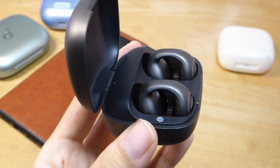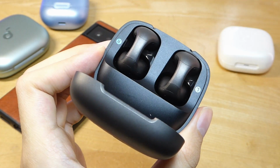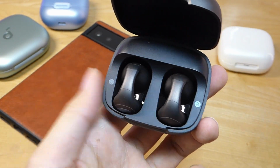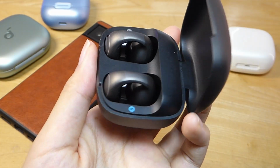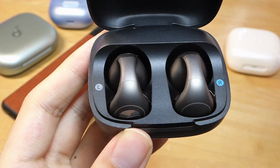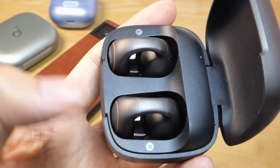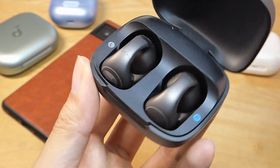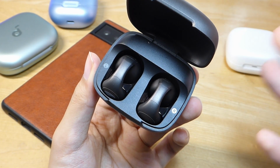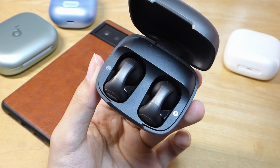Now, to be clear, I wouldn't say that these are necessarily the most impactful or extremely bass-heavy pair of buds, even if you flick on the bass-boosted mode using the EQ, but that is mostly a limitation of the style. Air conduction or open-sounding pairs of buds are typically all affected by this because, again, the speakers or drivers don't really push all the way in, and seal is quite important when it comes to bass, giving you those higher vibrations. However, it's still a noticeable increase compared to, again, the C30i's,